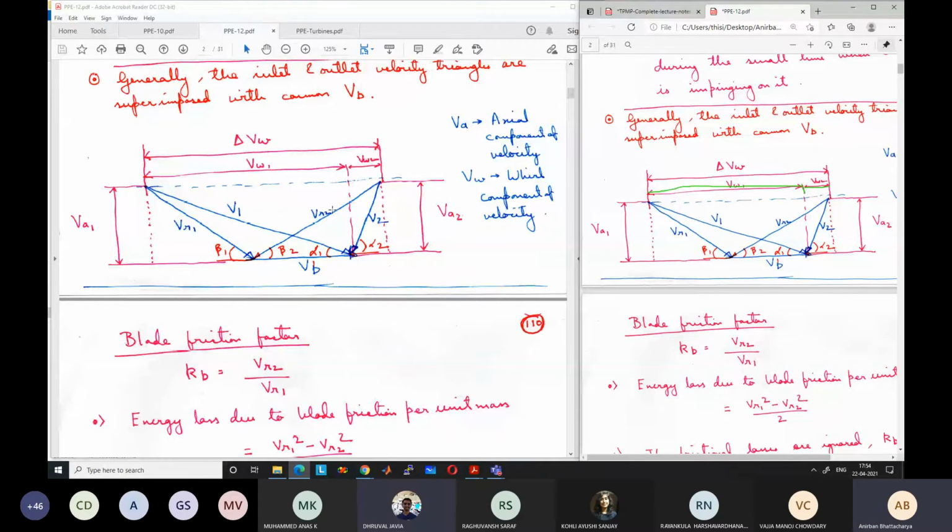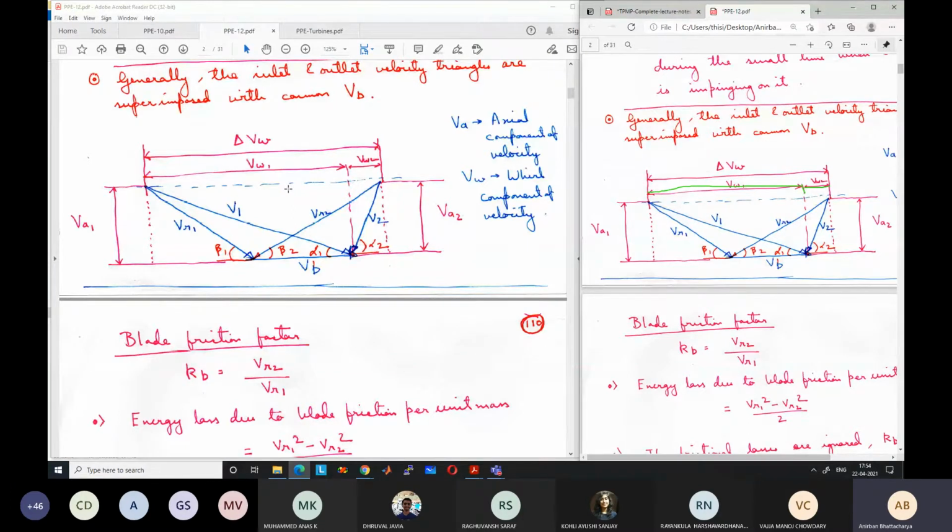Zero, sir. It will be 0 if there are no frictional losses. If there are no frictional losses and the blade is symmetric, then there is no change in the axial component of velocity. Whatever is the inlet axial component of velocity, that is equal to the axial outlet component of velocity. This actually is important, as we will discuss later on. I will come back to this.